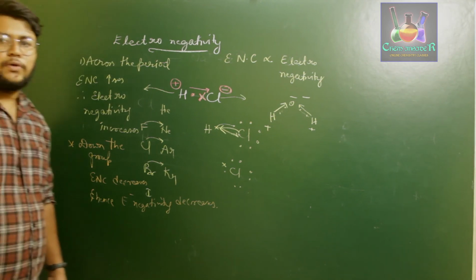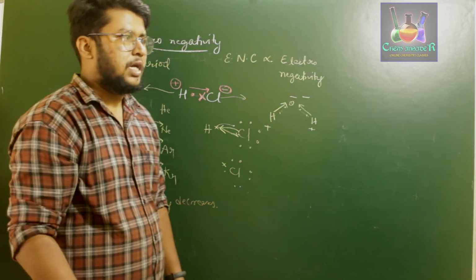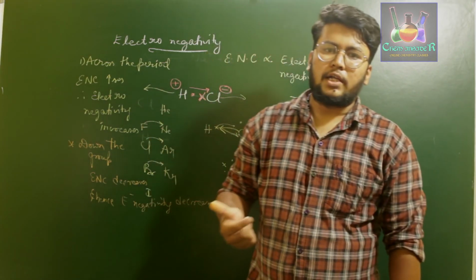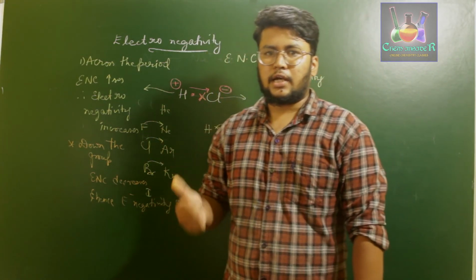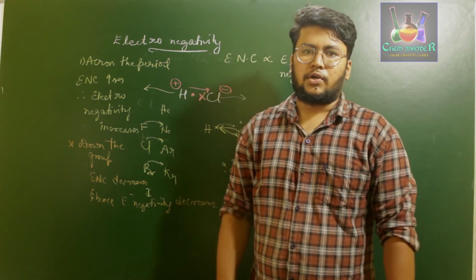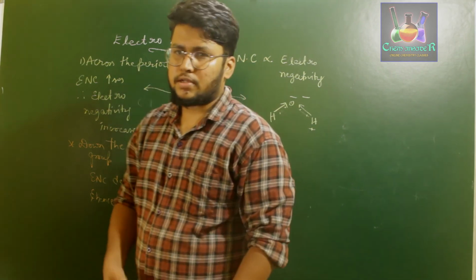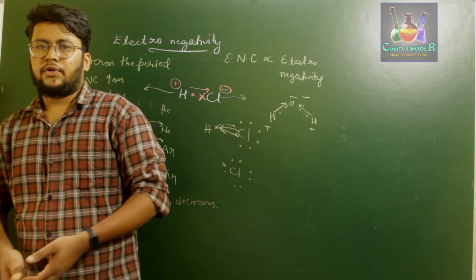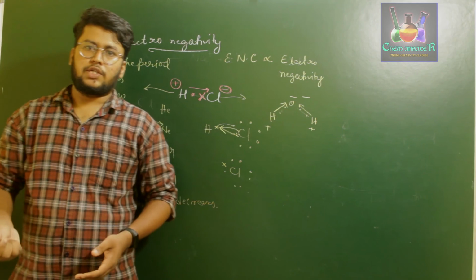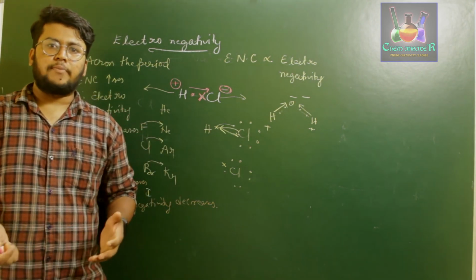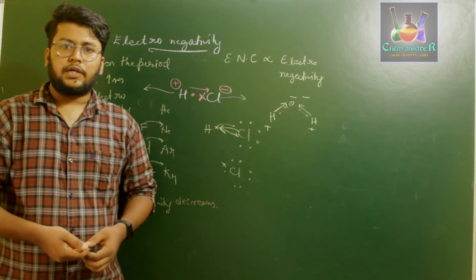So this is all about the periodic properties which are mainly important for us. Those are ionization enthalpy, atomic radii, ionic radii, electron gain enthalpy, and electronegativity. Okay, this is all about the trends of how these periodic properties vary. In the next class, we are going to discuss valency and oxidation state, and further we will discuss the metallic nature of elements present in the periodic table.